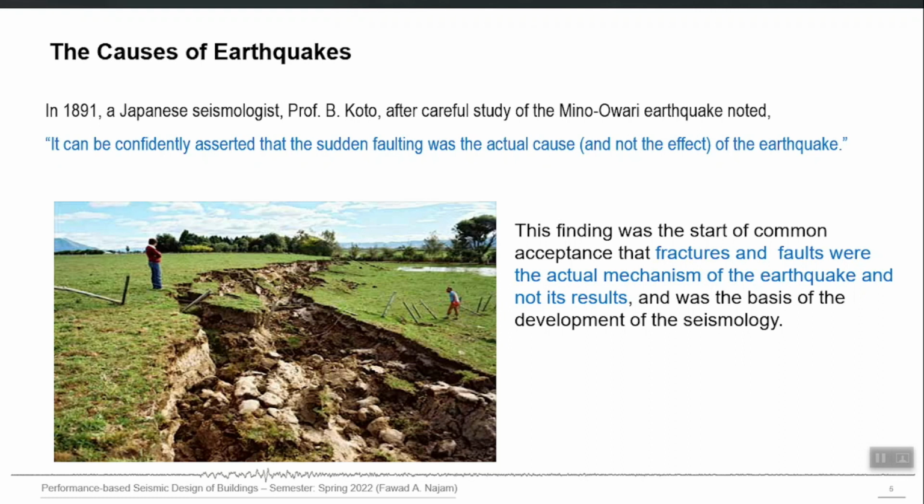The very first development in this series of developments is 1891, Professor B. Koto, a Japanese seismologist. He was the first one to identify correctly that the sudden failures or deformations on the surface of the earth, which you can see after an earthquake sometimes, are not the result of an earthquake, actually they are the cause of the earthquakes, right? So now we know that